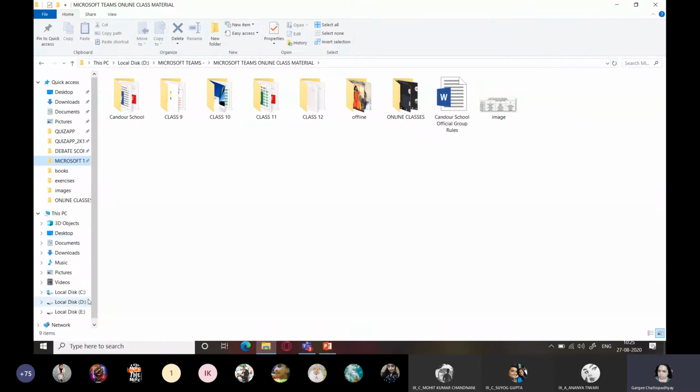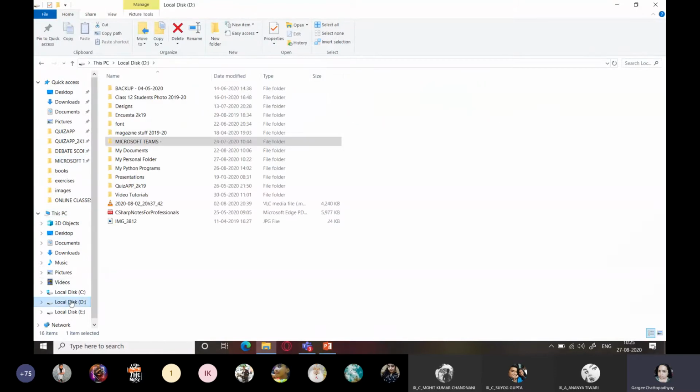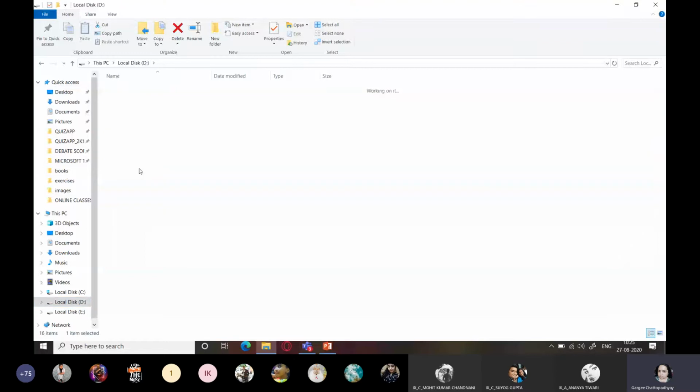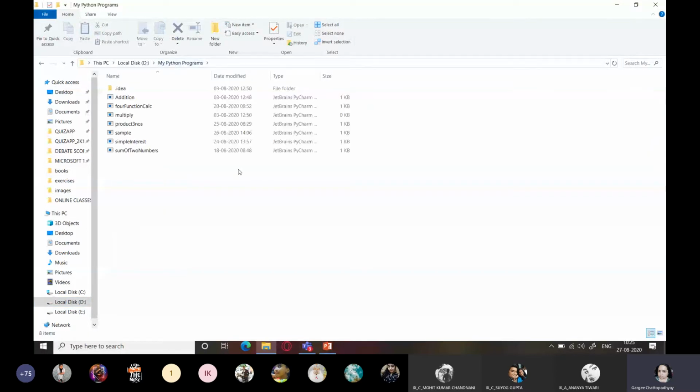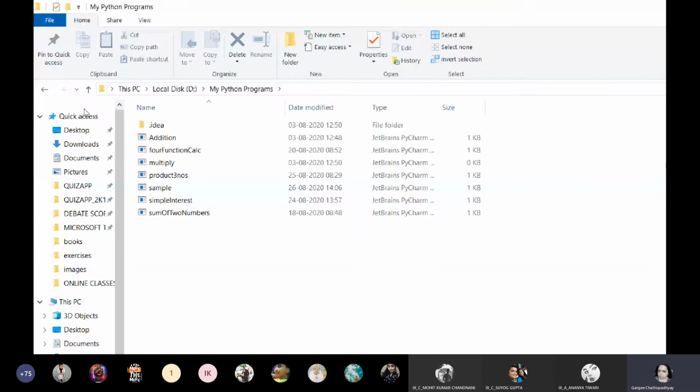If you want to pin any file to the quick access, what you can do is, suppose I want to pin this my Python programs. So I'll just first click on my Python programs. I will go to that location, and then I'll right click on this quick access panel, which you can see over here. Right click, and I will type here pin current folder to quick access.